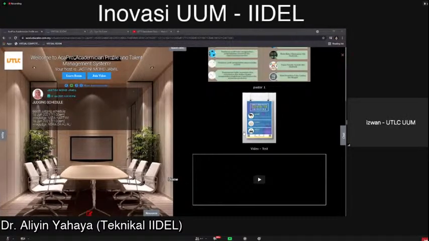Let's imagine this is our physical booth. Once we do the presentation in our physical booth, everything will be put on the booth, so it depends on the participant. You need to make sure that everything you put here can interest the judge. That's the idea of having this kind of booth, so that during the presentation,